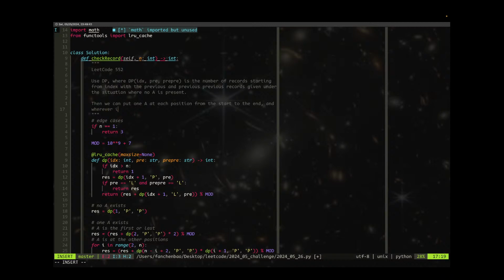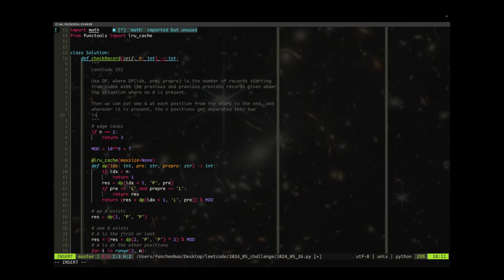And wherever it is present, the end positions get separated into 2 independent functions. We have total number of product of